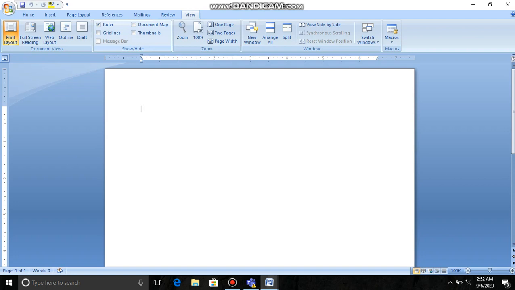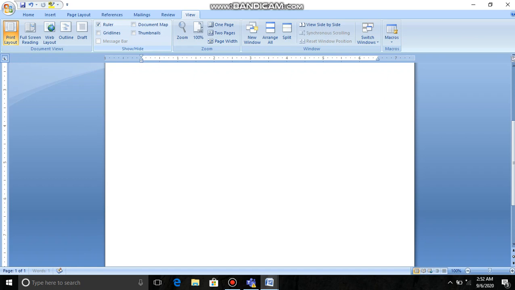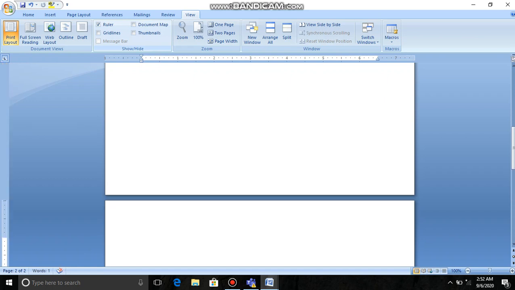Page break is if I want to insert a new page. Suppose if I keep pressing enter, a new page will appear. See, so I am on the second page now. You can see that this is the end of the one page and this is the second page. Now this came automatically by pressing the enter key a number of times. That page got filled and we moved to the second page.